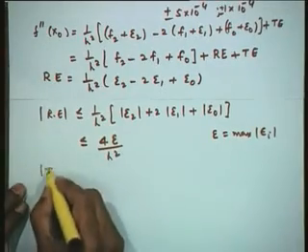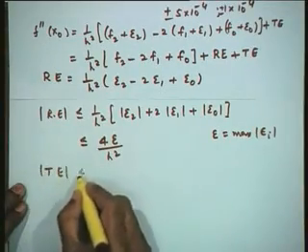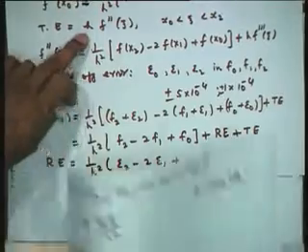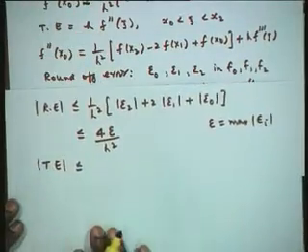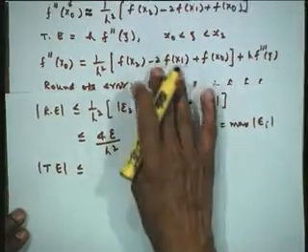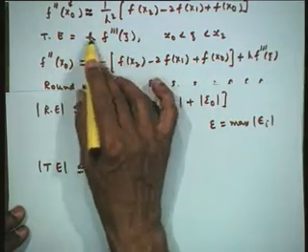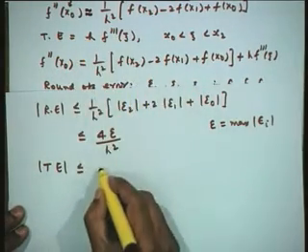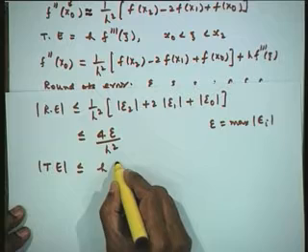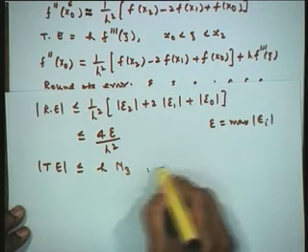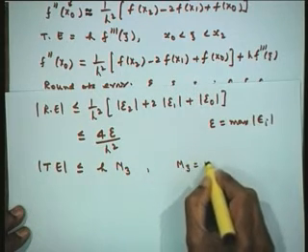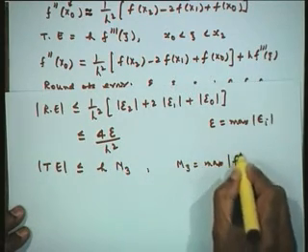And what is the magnitude of truncation error? The truncation error is h into, I think I had written it wrong, it is f triple dash. This truncation error is h f triple dash xi, therefore, this will be at most h into M3, where M3 is the maximum of f triple dash of x.